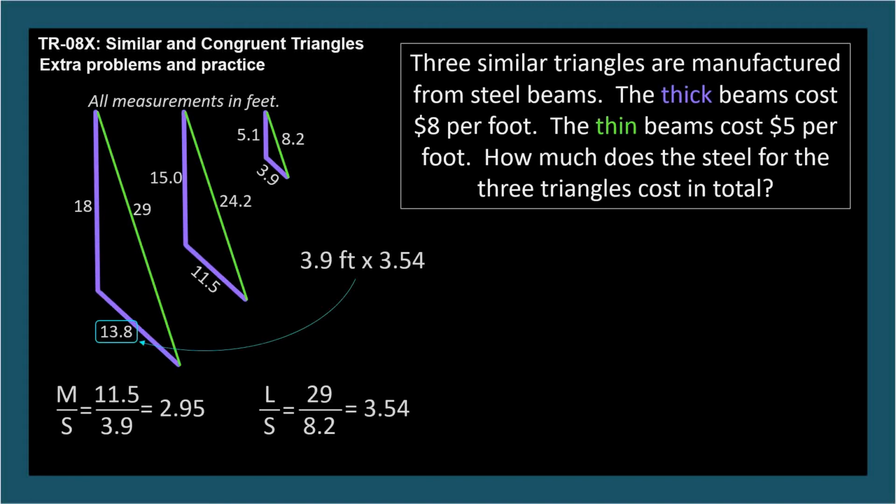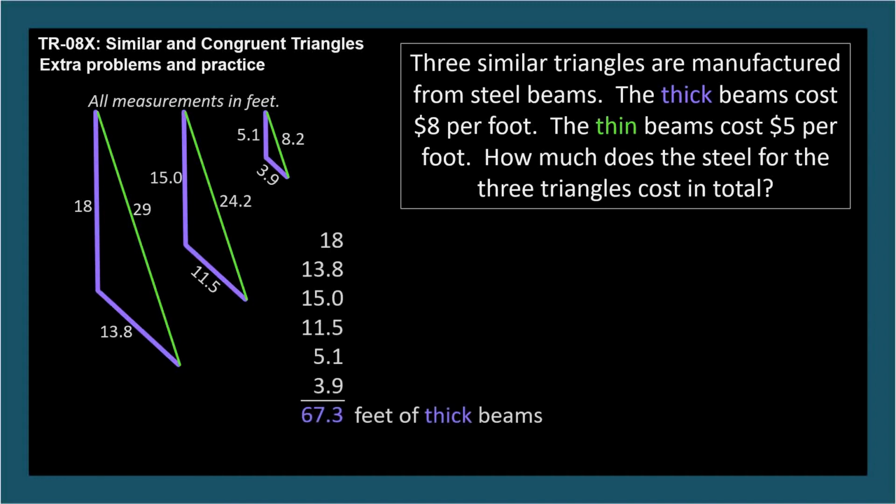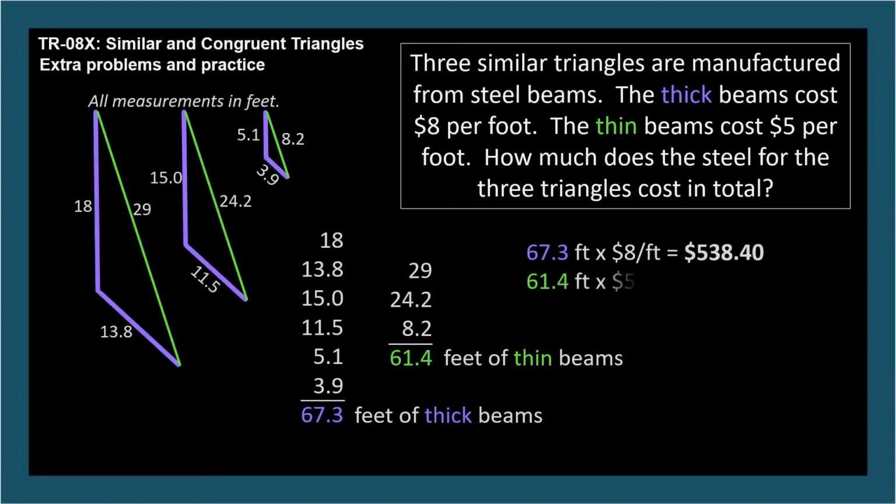So now we know the length of all 9 sides of the 3 similar triangles. But we're not done because we haven't answered the question in the problem statement. How much do the steel beams cost in total? The thick purple beams cost a different amount than the thin green beams, so let's add them up separately. There are 6 thick beams whose total length is 67.3 feet, and there are 3 thin beams whose total length is 61.4 feet. The thick beams cost $8 per foot, and the thin beams cost $5 per foot, so the total cost is